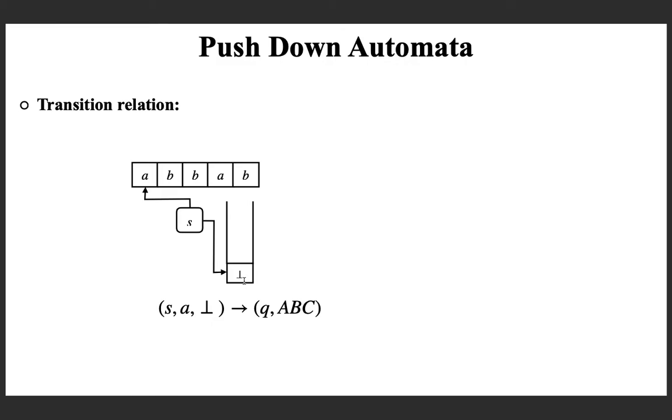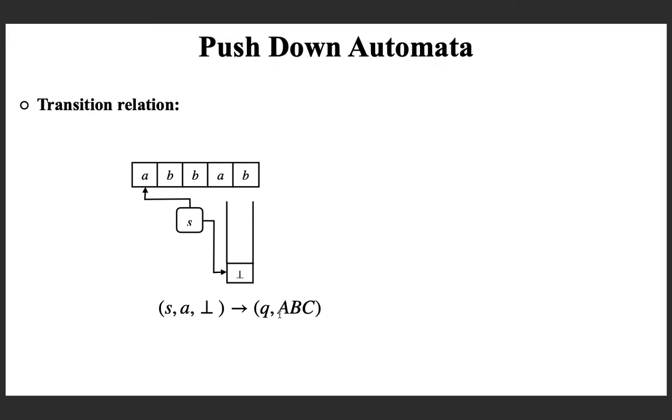So, bottom is going to be replaced with a string ABC, and more formally this transition relation can be represented as Q comma ABC is an element of the transition relation. That means there could be a number of moves possible because it is a relation and non-deterministic, and one of the moves is this. Please don't get confused about it, and that is the more formal representation. So, maybe this is more easy for you to now recall what a transition relation is.